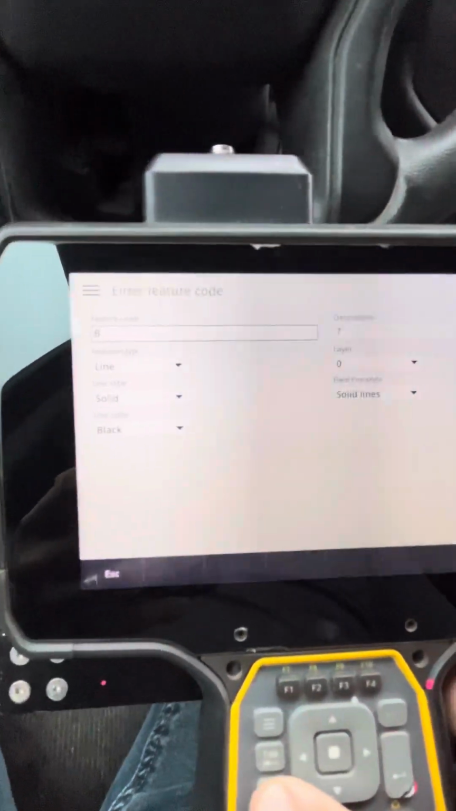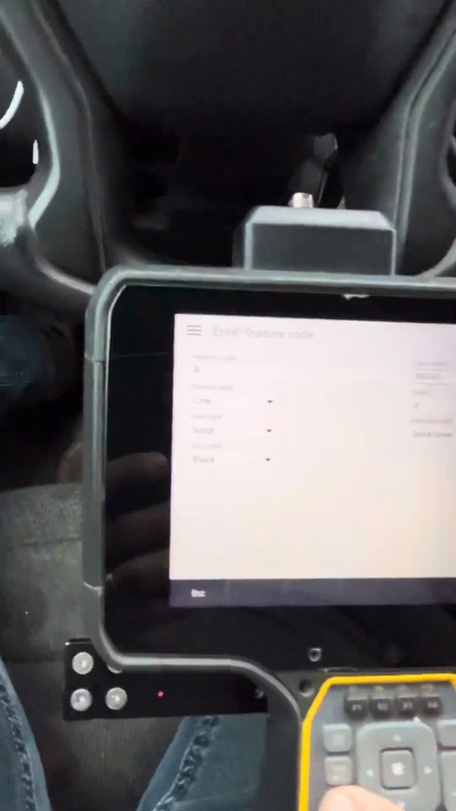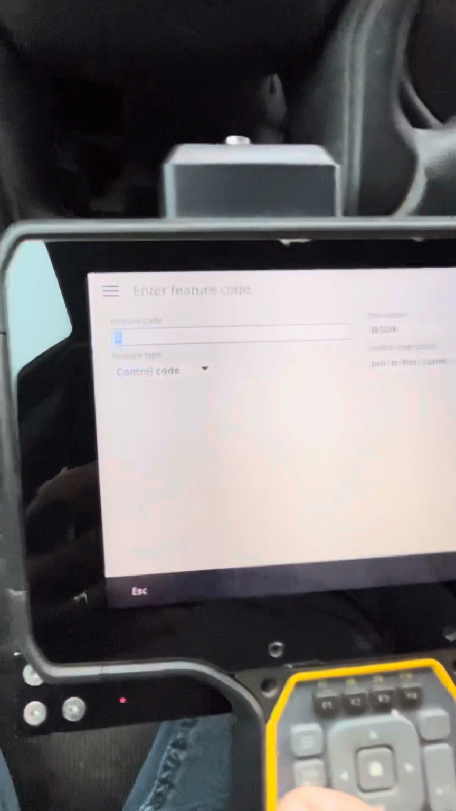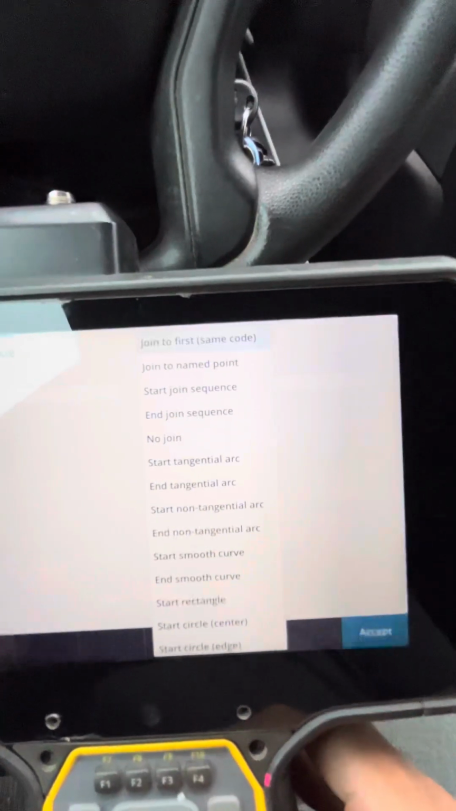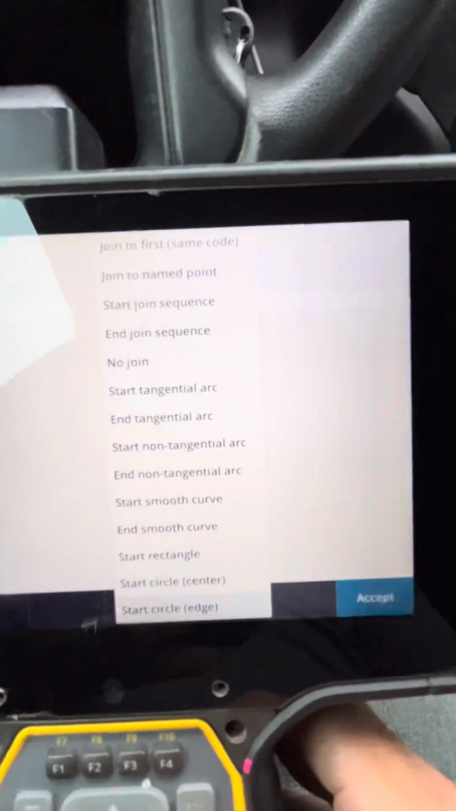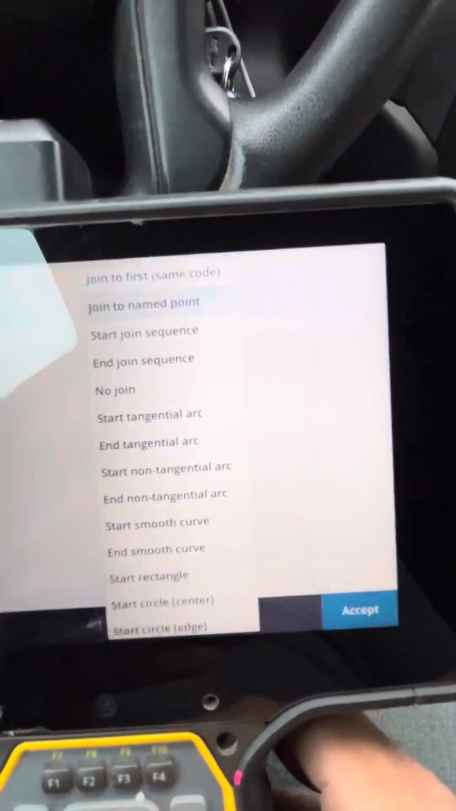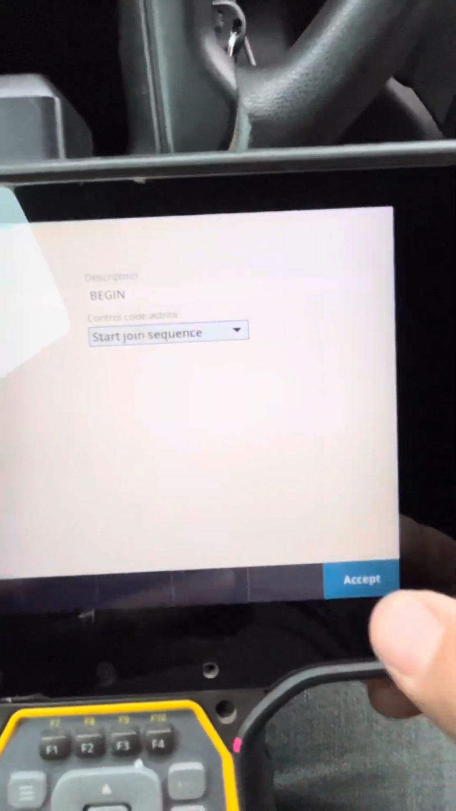B, begin. This is control code, and then it gives you an option for what you want to do. Start, join sequence, all this stuff. Start and end. So you want to do start, accept,